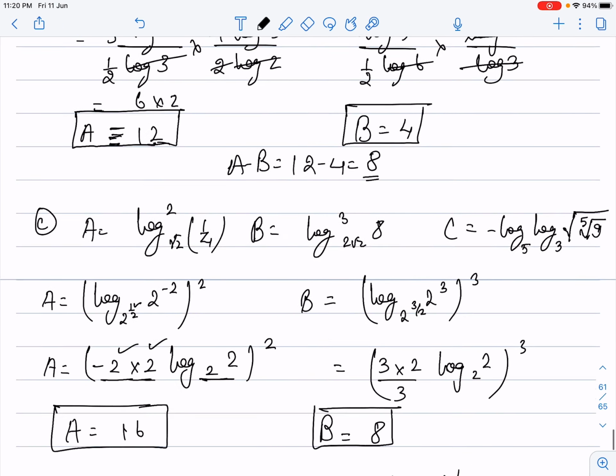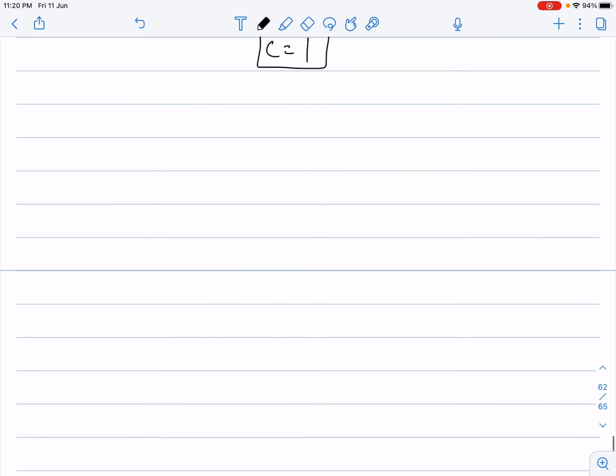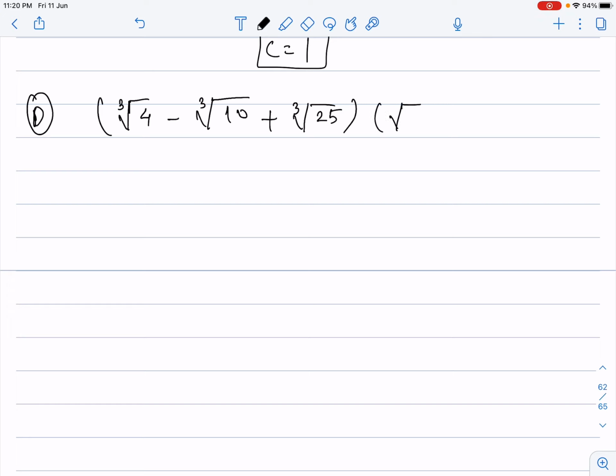What is the statement given to us? The part D in the column 1. It is given to us like cube root of 4 minus cube root of 10 plus cube root of 25 multiplied by cube root of 2 plus cube root of 5. Now you might be wondering, sir, what should we do? But I got the thought of what you have to do over here. Guys, assume this as x over here and this as y over here. So can you see x plus y is written over here?